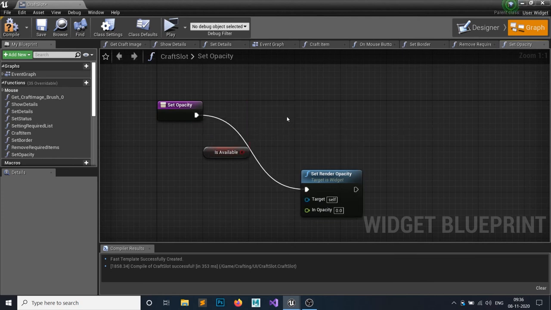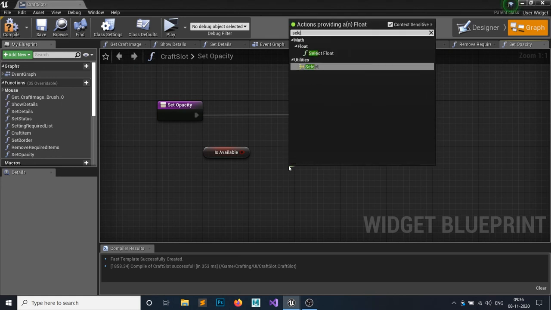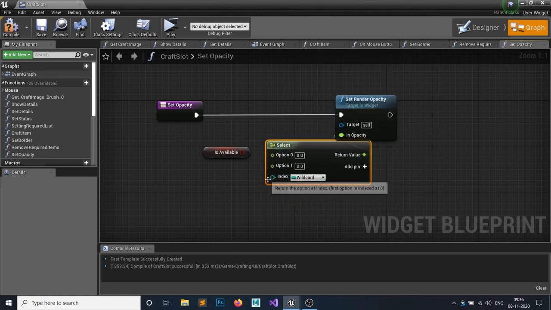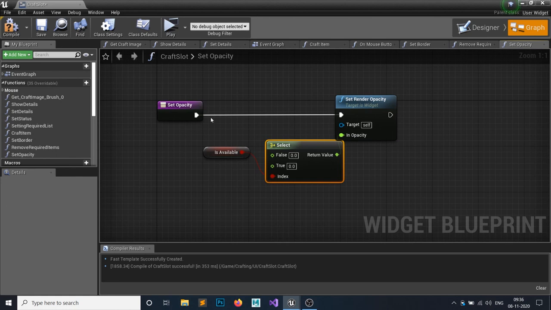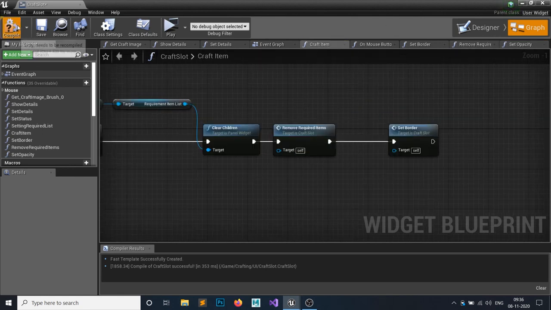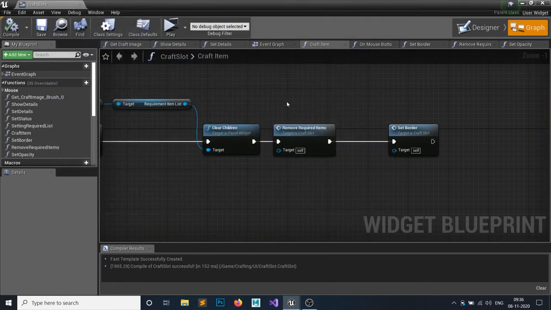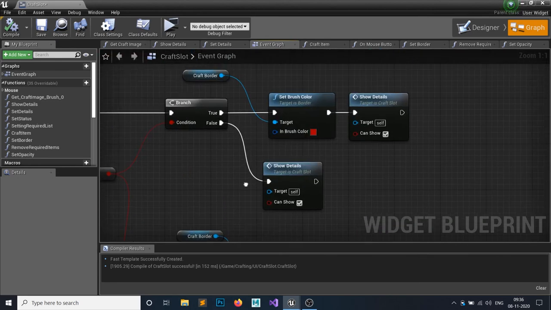I don't need this branch because I can't do the ternary operation here. Select. So if it's true, if it's available, then 1. Otherwise 0.7 is okay. And I will hit 3. Okay, we haven't called that set opacity.